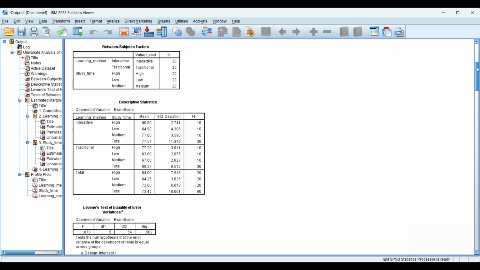Okay, we see the descriptive statistics, and you can see in the interactive learning method, the study time is high, low, and medium. So there is a high mean value in the case of high study time in the interactive method as compared to the traditional method. So we can simply infer that students consume high study time in interactive learning instead of traditional. You can see the mean value 90.80